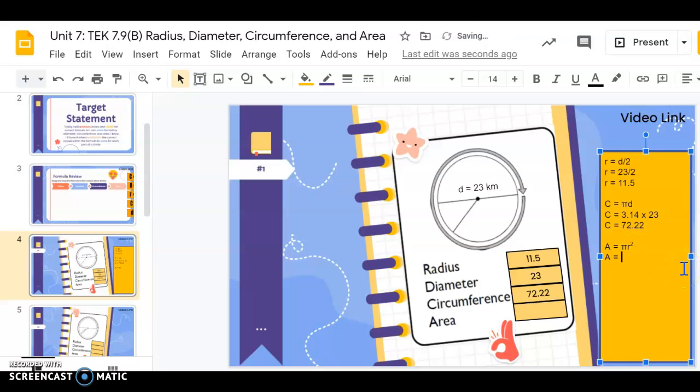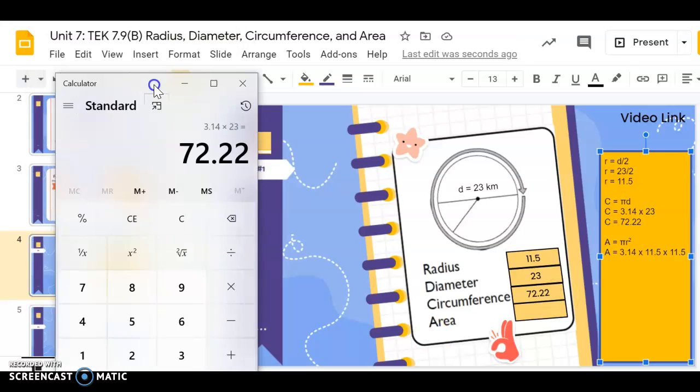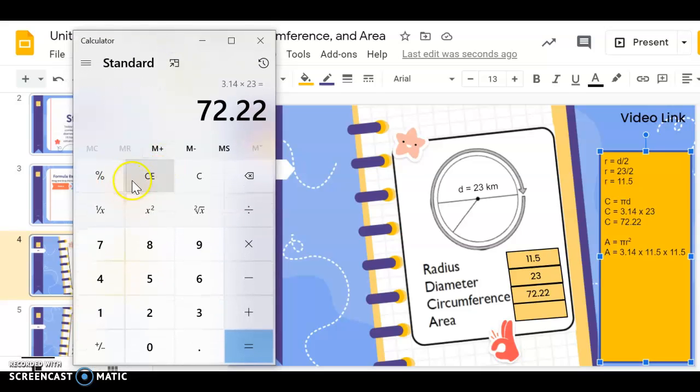A equals pi is 3.14 times, what is my radius? That's R is for radius. 11.5 times 11.5. Whoops. Let's just go ahead and for the sake of everything to be on one line, let's make that a little smaller. Okay. So now I am going to get out my calculator and I am going to go ahead and multiply this together. So I have